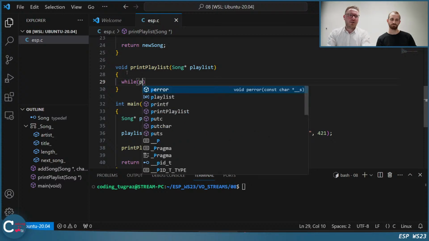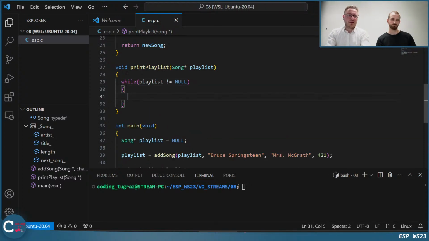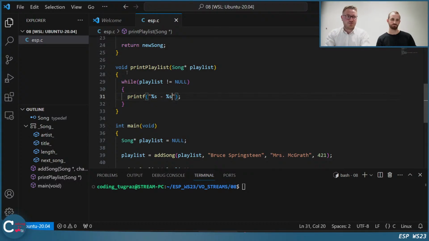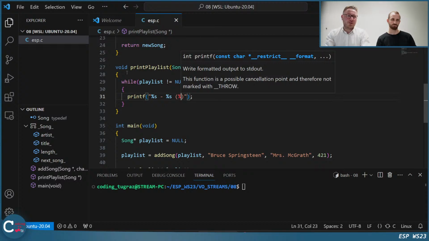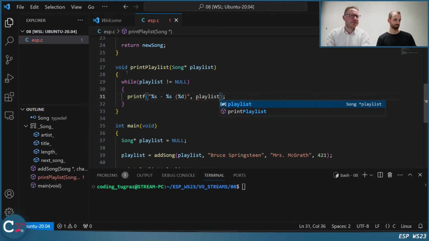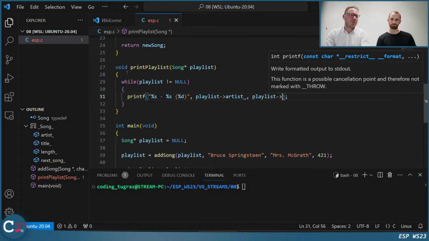We just say while our playlist is not null, then we just print it by saying, okay, we have the artist, we have the song, and then we have the duration, and then we're good. And then just say playlist artist, playlist title, and playlist length.